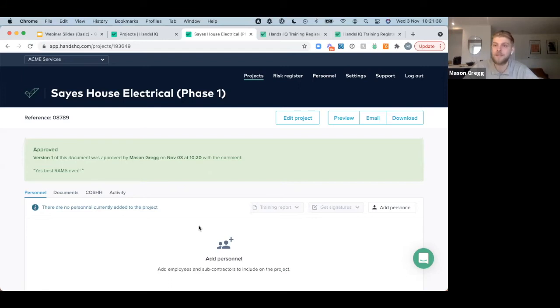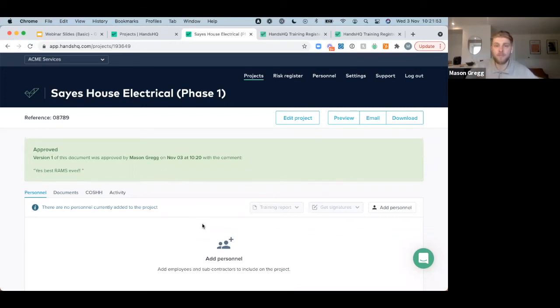Often, if HSE or whoever's come on site says, can you show me your RAMS? That'll be a frantic look through. You might have a board up, or you might have to go into the site office to try and find those documents. Equally, those signed pieces of paper, unfortunately, do go missing, and there is always that risk that they disappear or get stuffed at the back of a glove box sometimes.